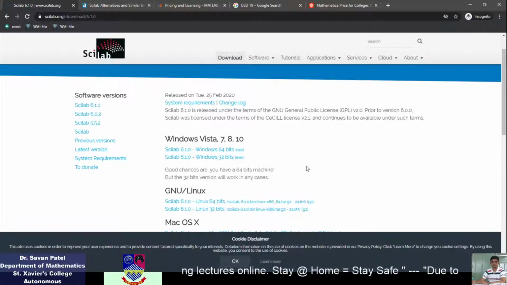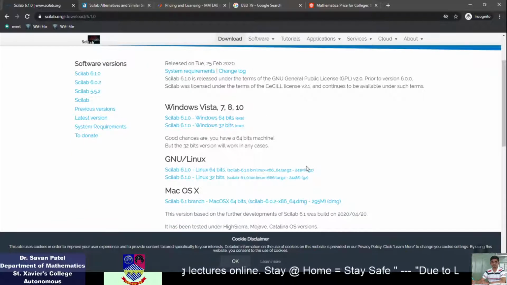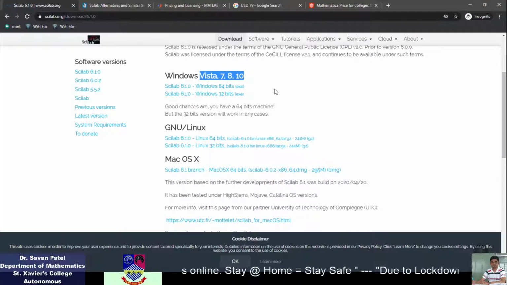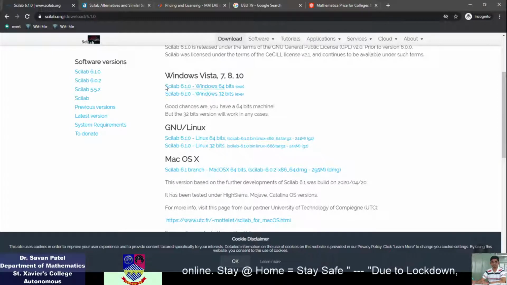In the download section itself, there are several options for Windows: Vista, 7, 8 or 10. You can download Scilab from this or this. If your OS is 64-bit, go for 64-bit Scilab. If your OS is 32-bit, go for 32-bit Scilab.